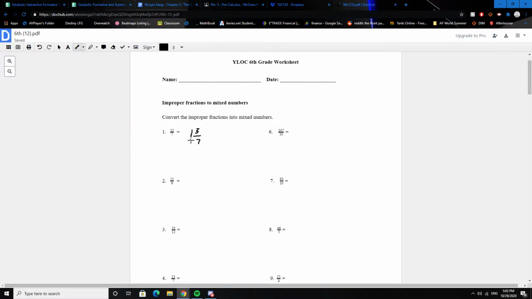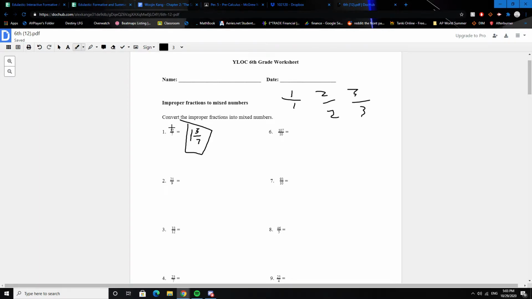You're trying to figure out how many. This form is pretty much just telling you how many whole numbers you can create. So the way you create a whole number in fractions is pretty much filling it up completely, right? So 1 over 1, 2 over 2, 3 over 3, whatever it is. Whatever the bottom number is, the top number has to be the same. That will equal 1 always. So what you're trying to do is figure out how many times you can make those ones and have left